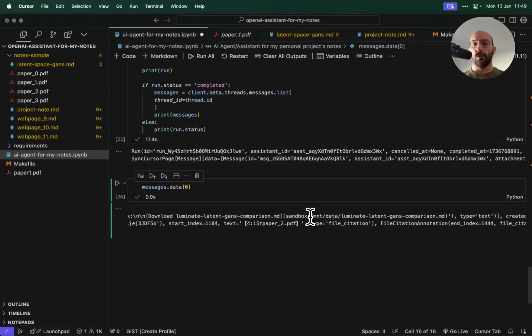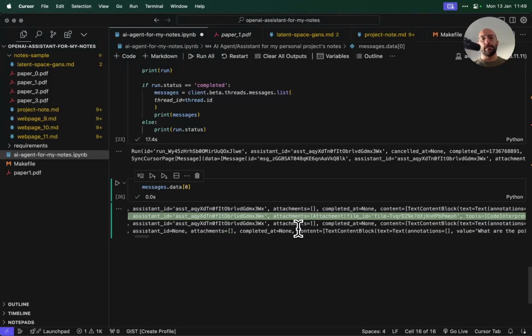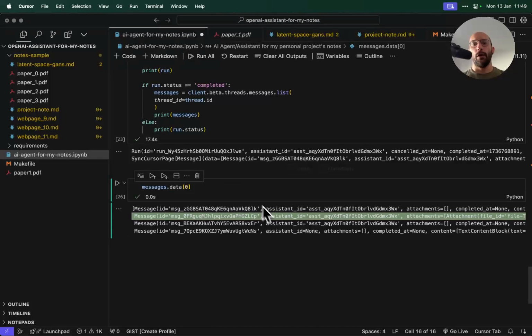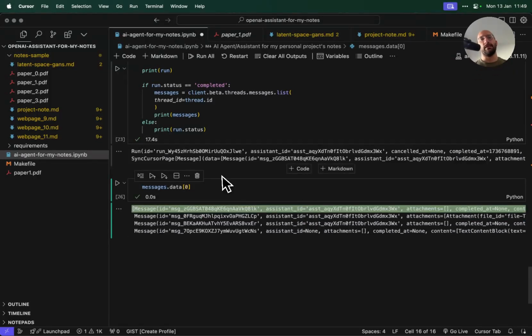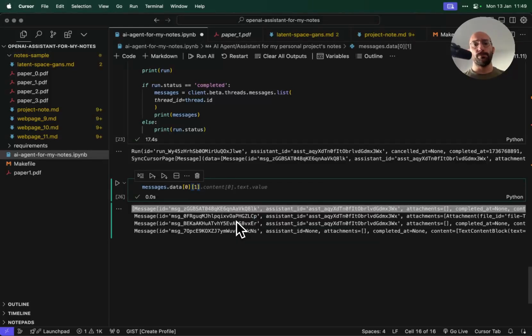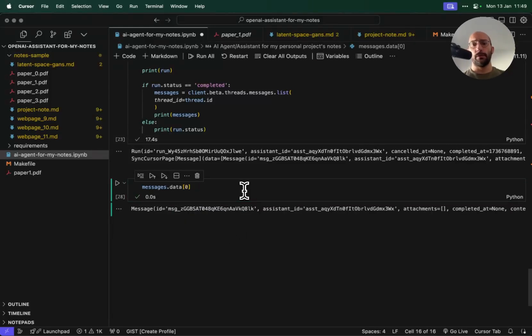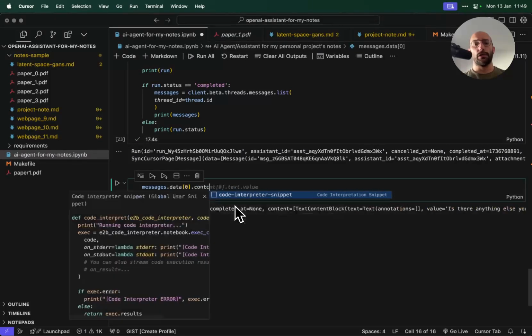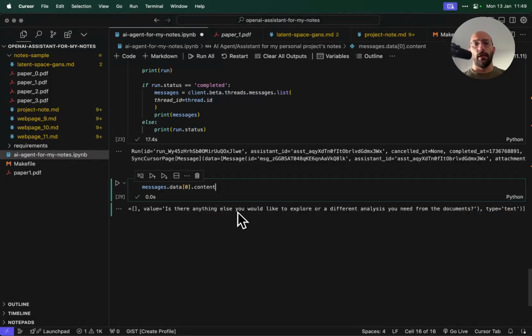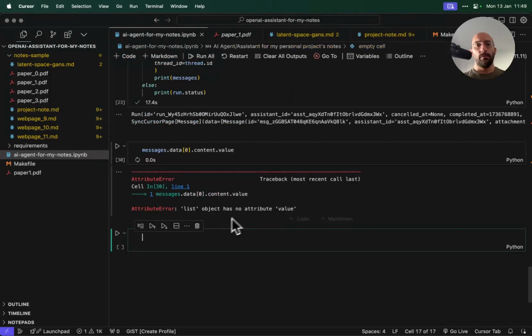That's very cool. So as you can see, we have the file path under this that has the location for the file, and the model sent us a message saying, do you want anything else, etc. So this is great, because now, folks, what we can do is go to message.data.0, and if we go to the content, and we go to value, it has